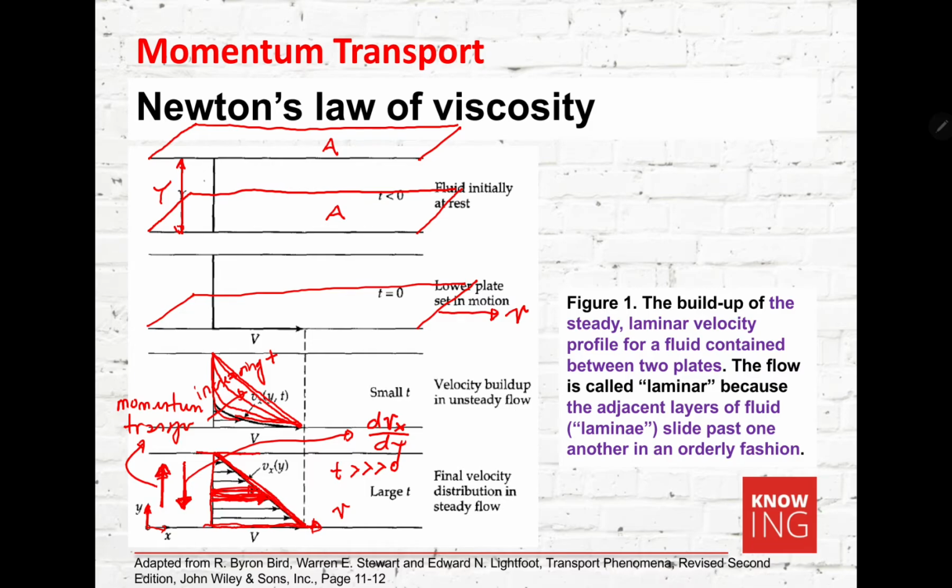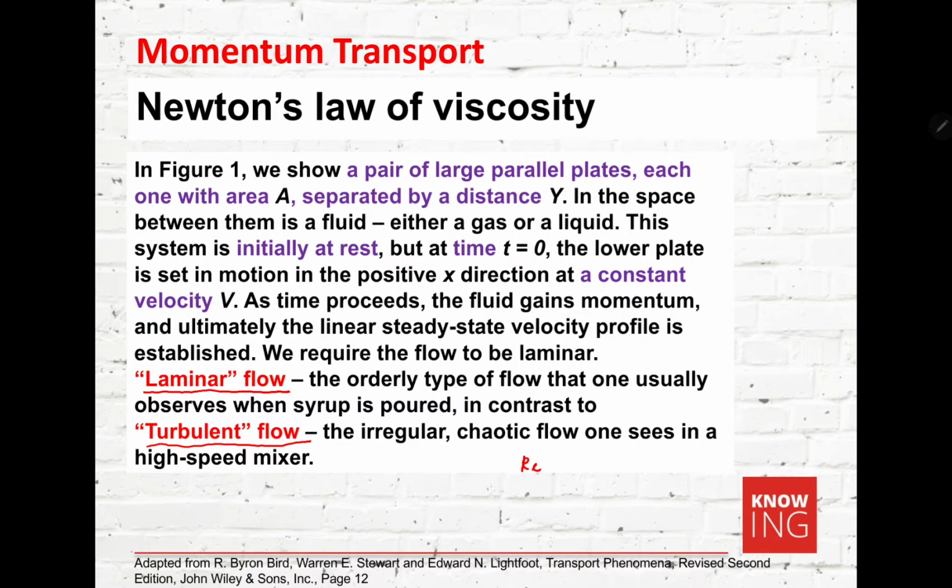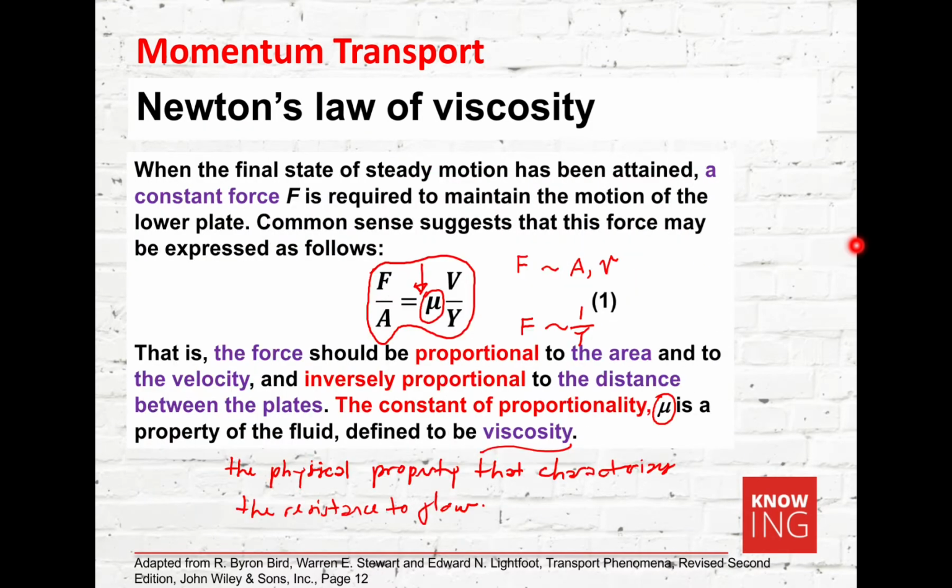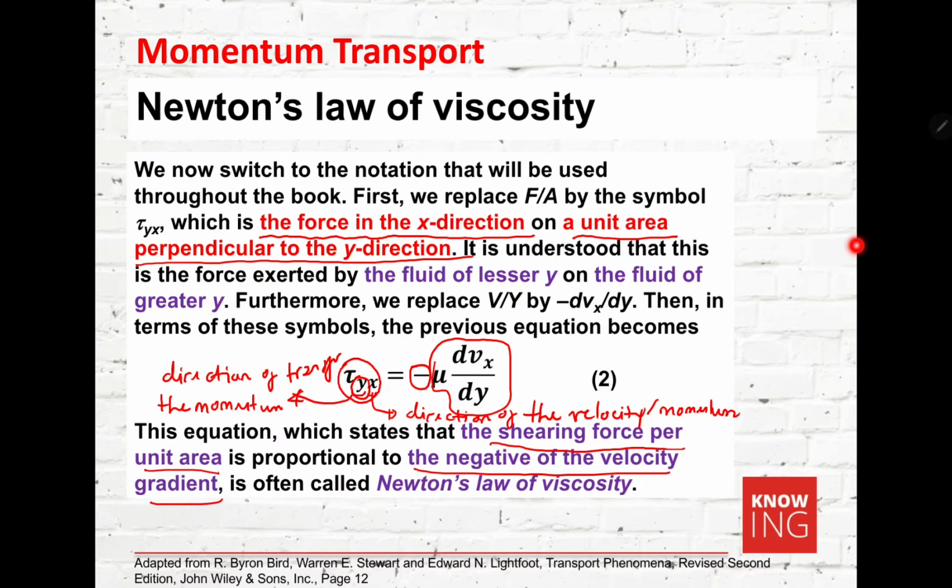Meaning that the momentum transfer or the force exerted has an opposite sign to the direction in which the velocity gradient increases. Okay, that's why you have this negative